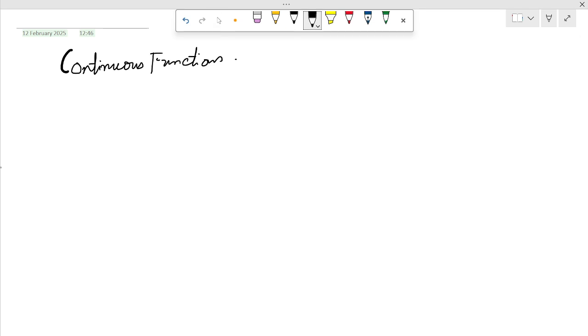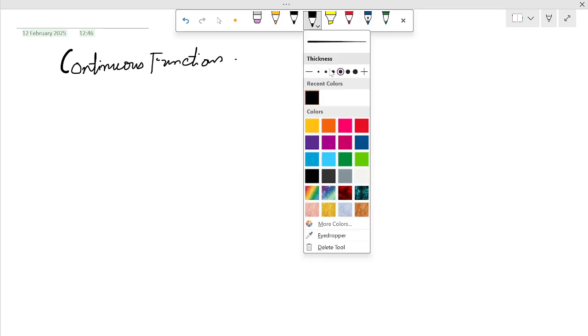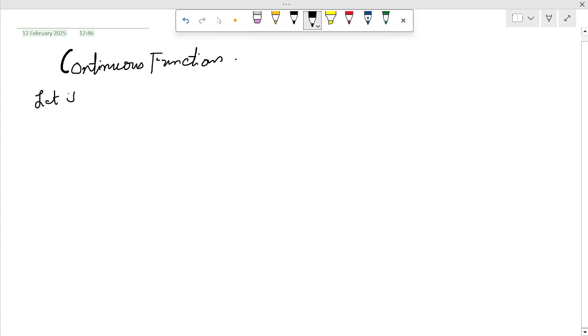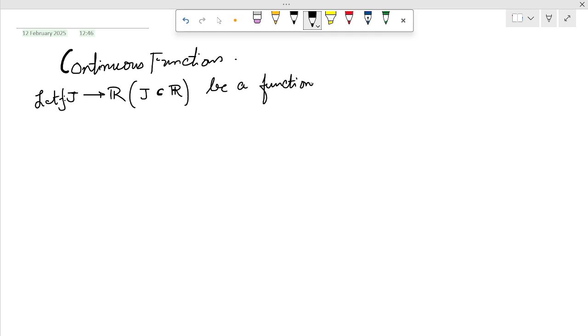Okay. So in the previous lecture, we already discussed the sequential definition. I'm just going to reiterate it so that it becomes nice to start with the background that we've already done. Initially we said: let J be a subset of R, where intervals can be one of the profound examples for a subset, but otherwise in general J is a subset of R. This is important. Intervals can be one of the subsets, yes, obviously. So let f be a function defined from J to R, and let's say A belongs to J.